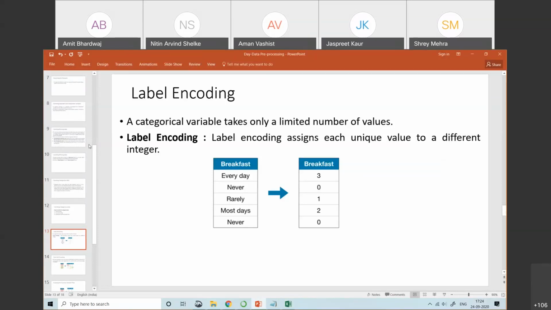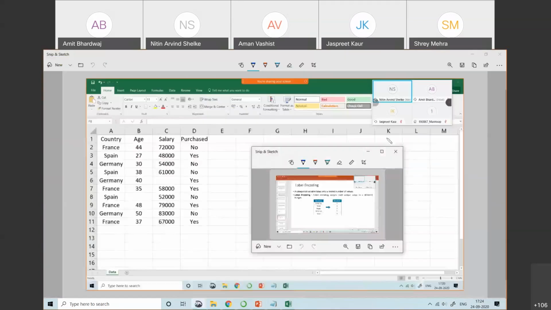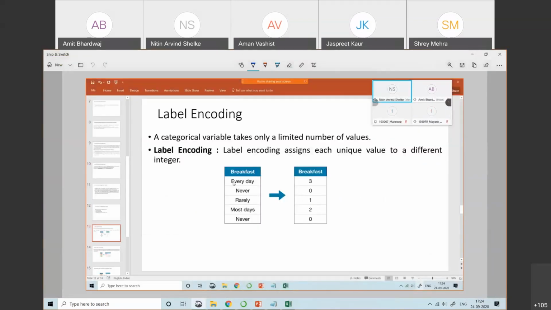Here I am considering one example in which breakfast is one column, and that breakfast contains 4 categories: every day is one category, never is another, rarely is another, and most days is another category. These are the categories in the breakfast column, and that column continues.